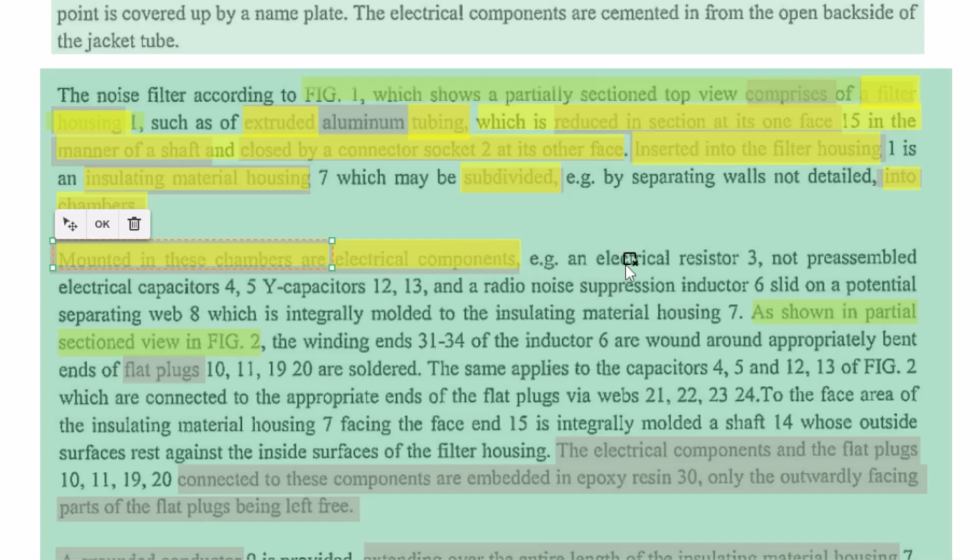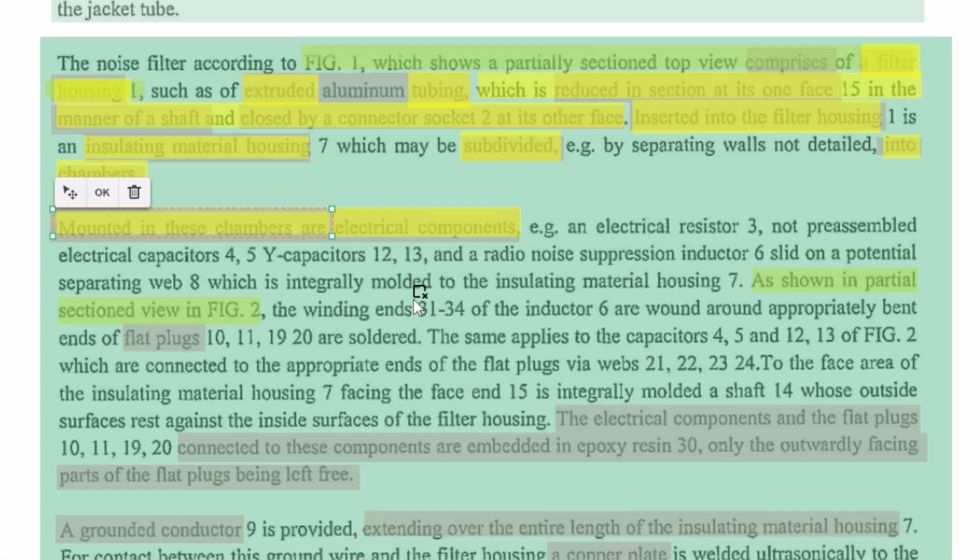We may ignore providing details about what kind of electrical components we are talking about, because I am assuming that in terms of noise filters, this would be the standard components. We may not talk about it in the independent claims. Moving down,